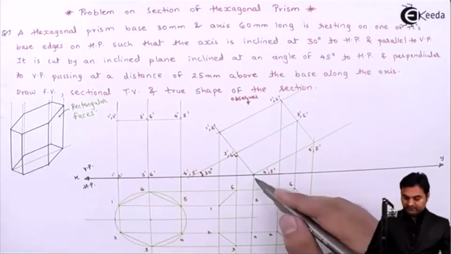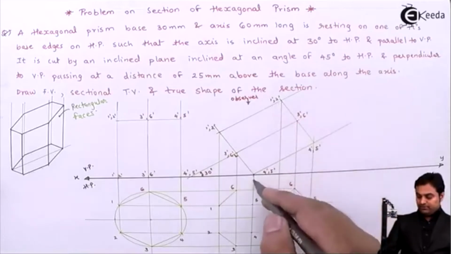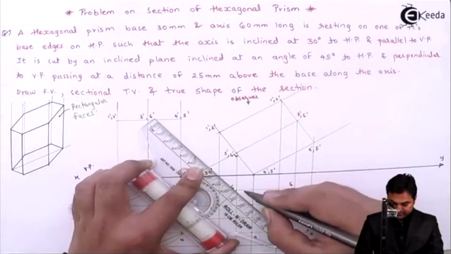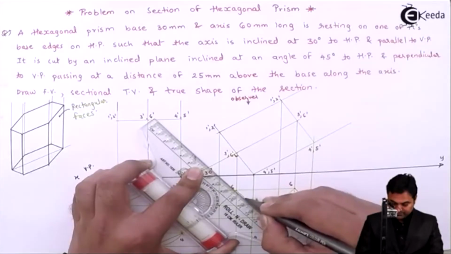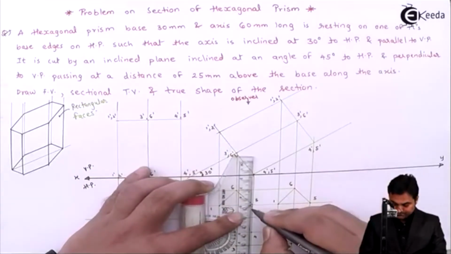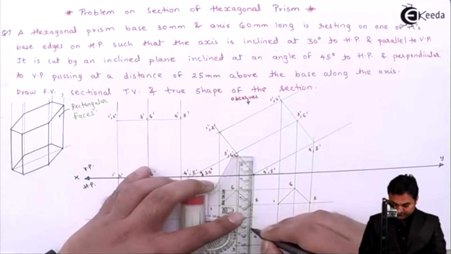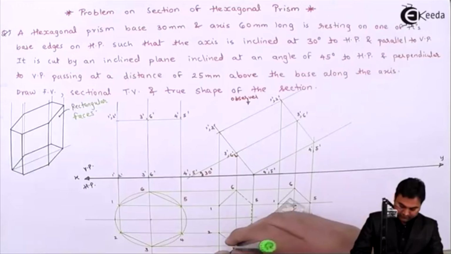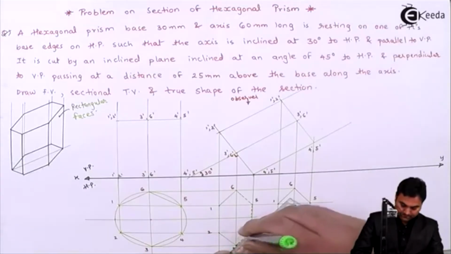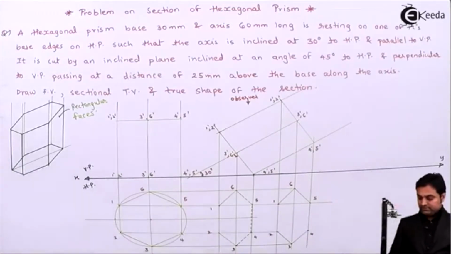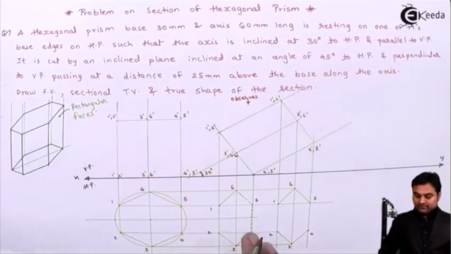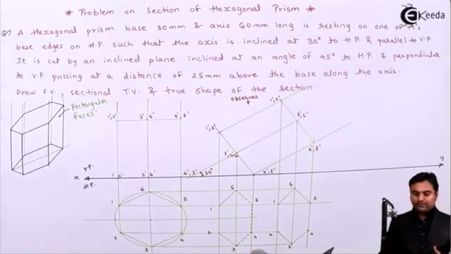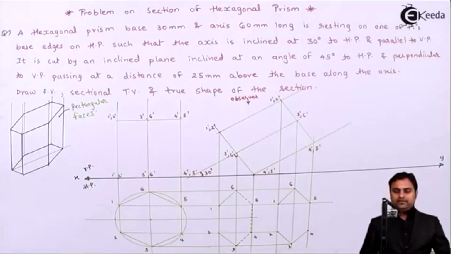But 4 5, this edge is going behind the observer, so that will be hidden, and even the edges connecting it, that is 5 to 6 will be hidden, 4 to 5 hidden, and then 4 to 3 will also be hidden. Now this is the hexagonal prism. After that, I have not made anything dark here because I want the cutting plane. After that only, I'll make things dark.